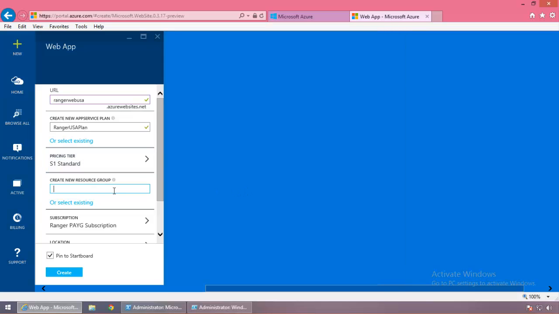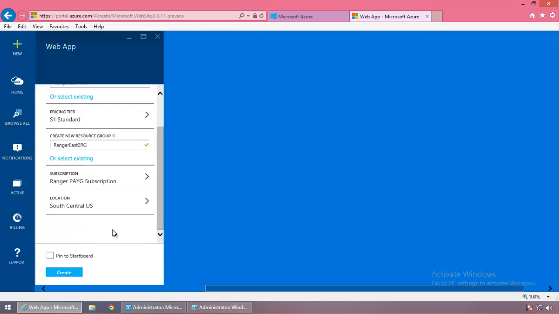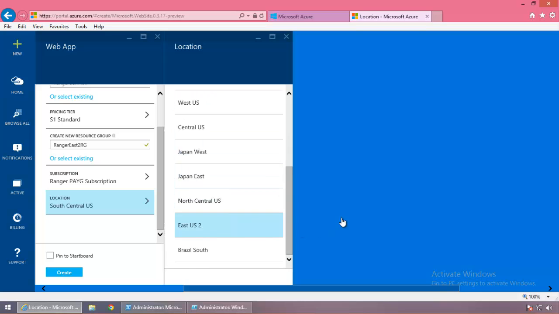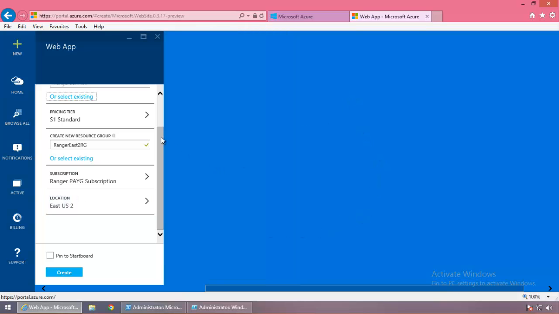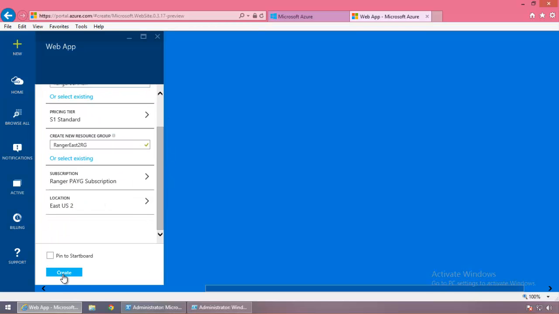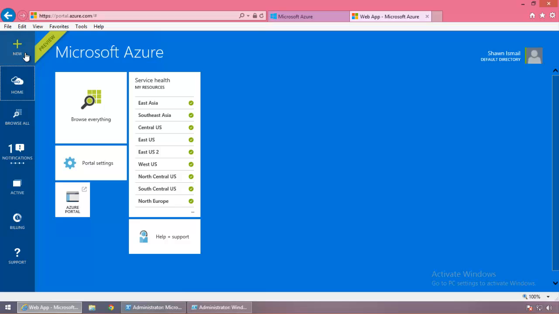Okay, let's create a resource group. I'm going to just name that Ranger resource group. Pin to start, but I'm taking that out. Location, my first location is going to be East US 2. Okay, I think we are good here. Let's create that site. And I'm going to